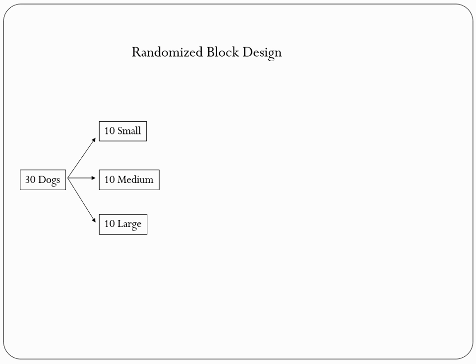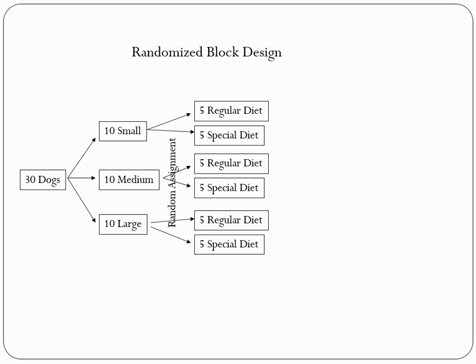We think that the size of the dog could have an effect, so let's take that out of the equation from the very beginning. Now we can randomly assign 5 small dogs to the regular, 5 to the special, 5 medium dogs to the regular, 5 special, right? So here's where the random assignment is occurring all of a sudden. So we put them into their blocks,